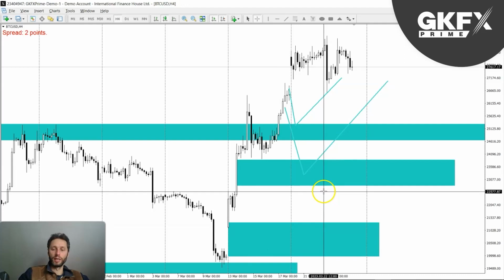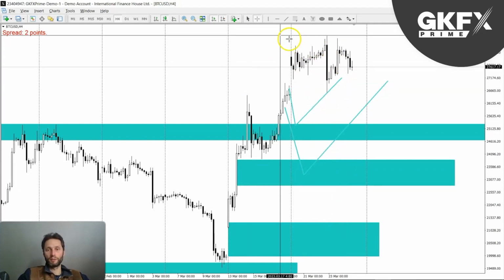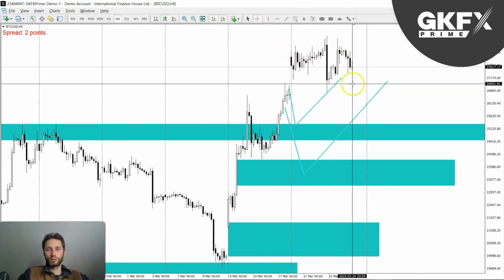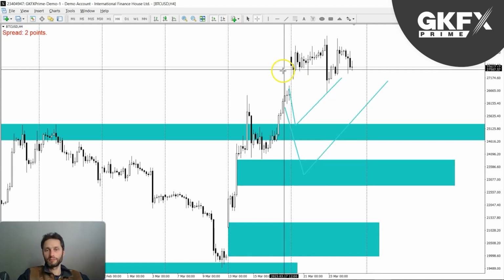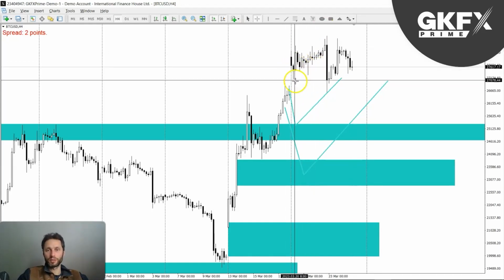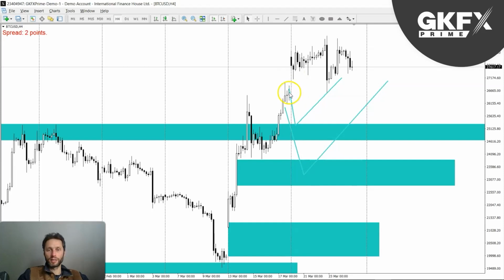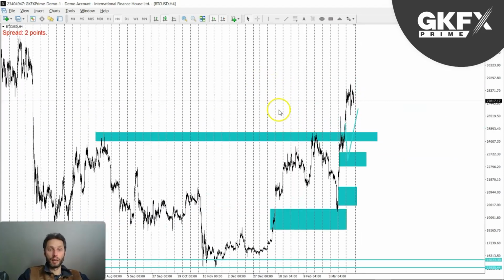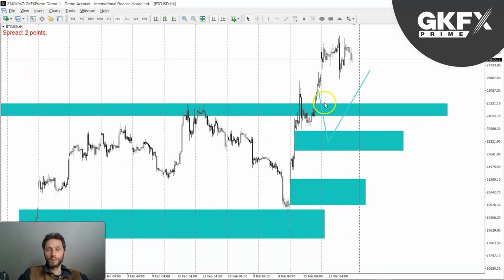I really wanted the lower prices, however, we did not have that. The whole week just ranged. As you can see, it pretty much closed where we opened. We had this gap. Once again, I would still stick with the same idea. So we've got this zone right here, and I'm still going to wait for it to drop further.